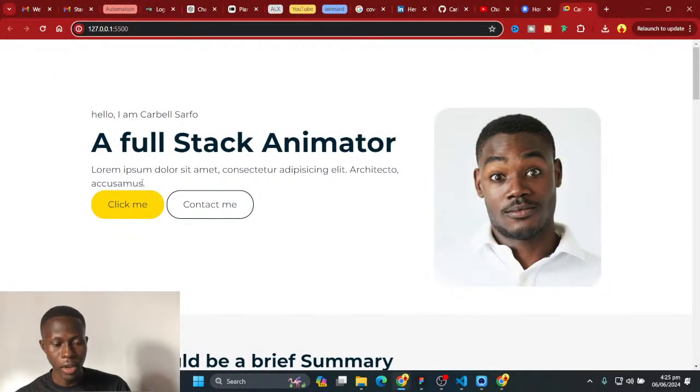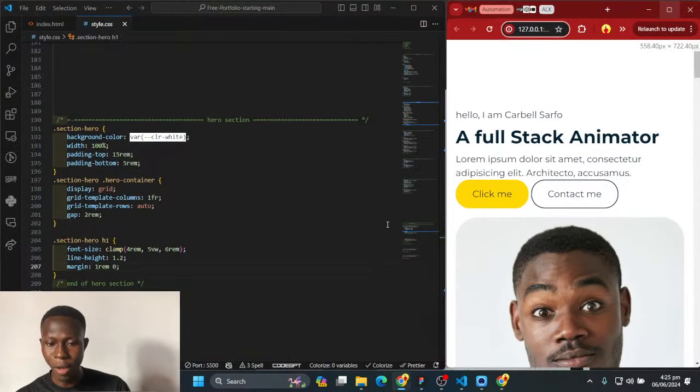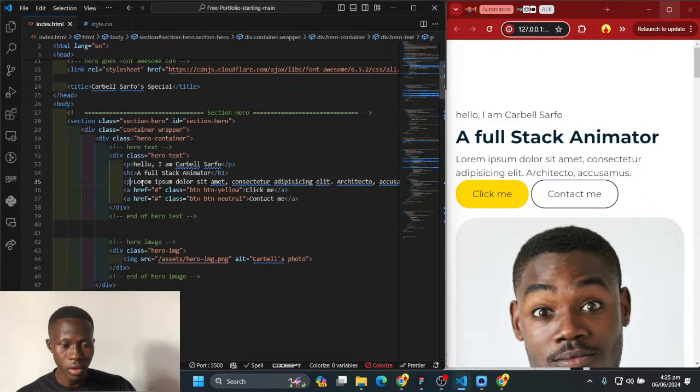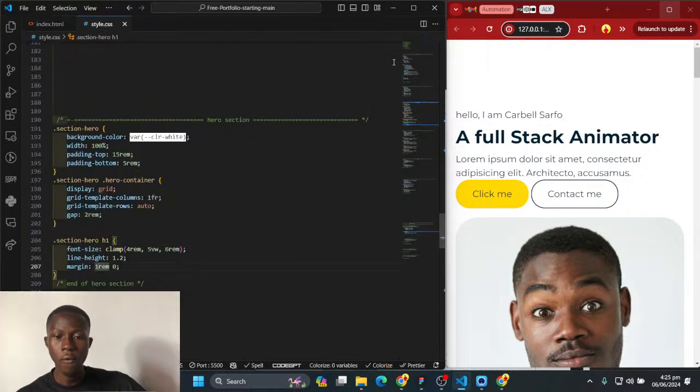All right, but then we want to bring these buttons down a little. But if I apply margin bottom of 5 rem to the p tags here, it's not going to look good because there's one p tag here and there's another p tag here. I want the margin to apply to only this one, not this one as well. So what do I do? I'm going to do some magic called